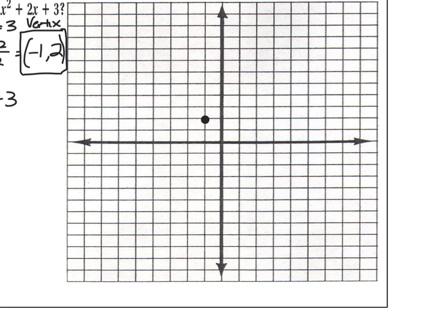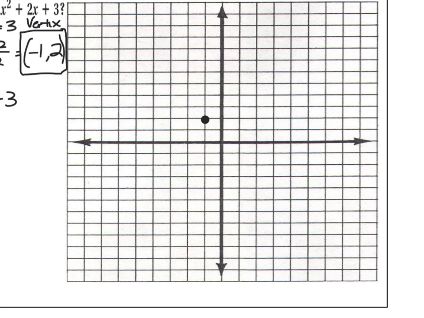Okay, now, going back to the graphing shortcuts, if you remember right, my A value is 1. So I'm going to go right 1, up 1 times A. Right 1, up 3 times A. And then right 1, up 5 times A. And my A value is 1. So in this case,